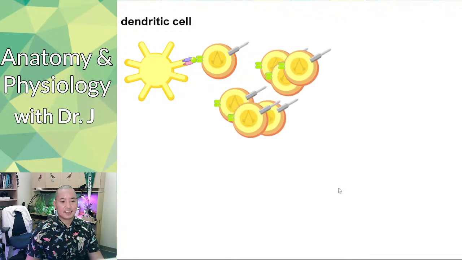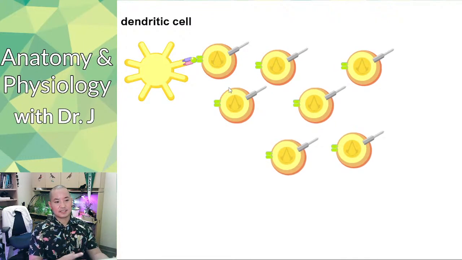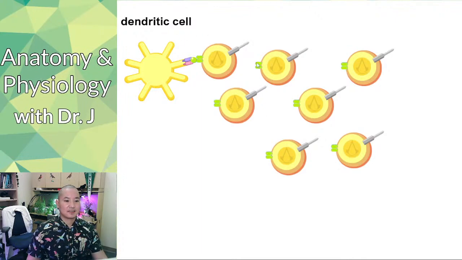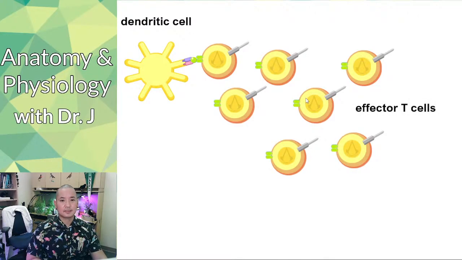But when you have this activation of this naive T cell that recognizes antigen, it's going to multiply, and when we say proliferate, that's a fancy word for saying we're just going to multiply these cells and have them increase in number. So these cells are all going to be able to recognize this antigen and kill any cells that are infected and present this antigen that originally came from a pathogen. So these are called effector T cells because they're carrying out the work. They're actually out there doing the immune function and the cell-mediated immunity to kill any cells that are infected,